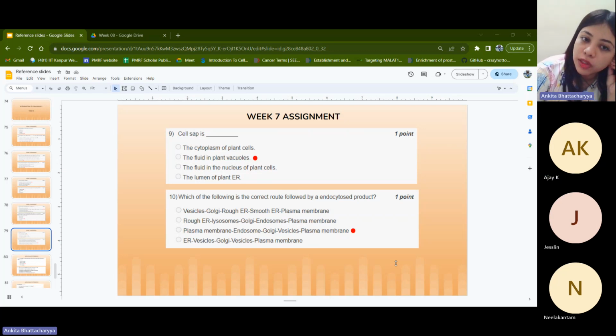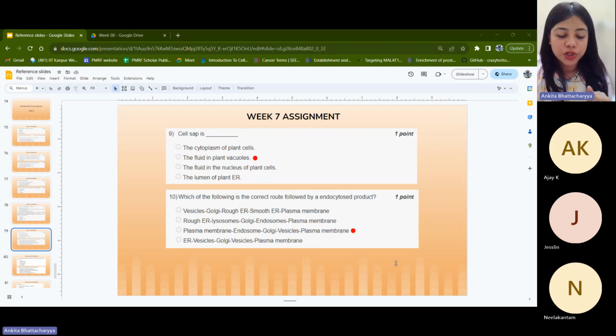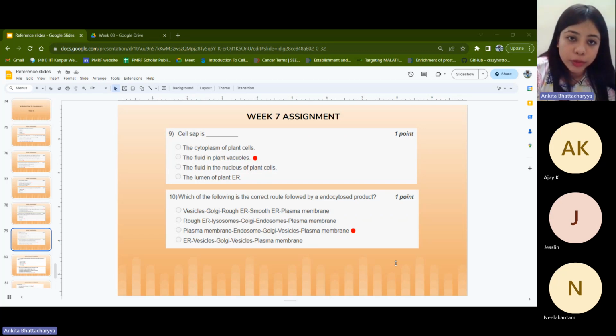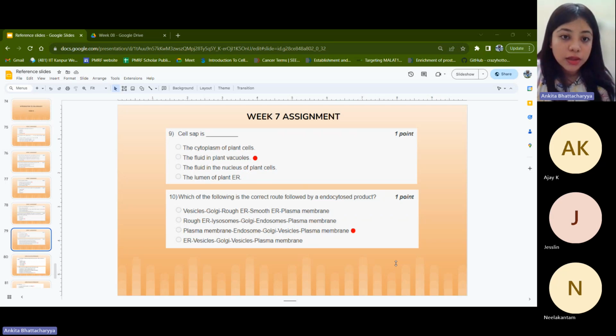No, but if that is what is happening, okay, let us assume that was an option. But then what is happening to the product? Suppose the cell is procuring a food particle from the outside. If it is just going from the plasma membrane to an endosome and then back to the plasma membrane, what happened to the food product? It got wasted, right? Whatever food product was there has to be taken up by the cell. If you just circulate it inside and out, it becomes a pointless expense for the cell, because each of these processes costs energy for this simple food product to be brought in.